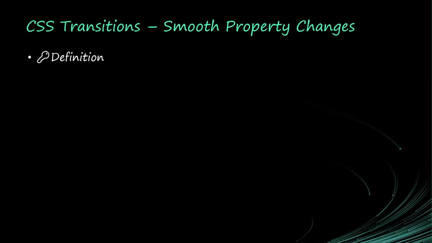So with transitions, look at it. A transition is as simple as when you want to make a change. Let's say you have an element and you want to change some properties of this element. Let's say you want to change the background color from red to green. Normally the whole thing will just go from red to green. But you can add some transitions that will have some effect, and it will take some time to get from red to green,